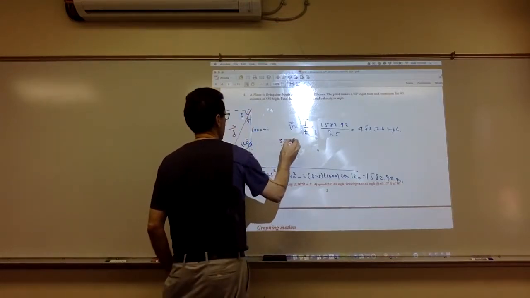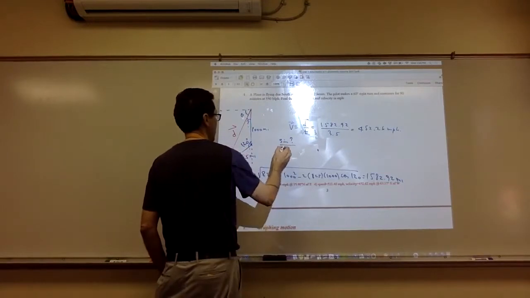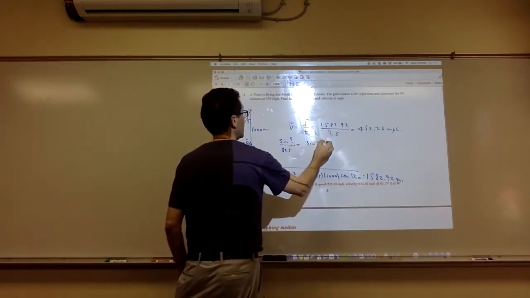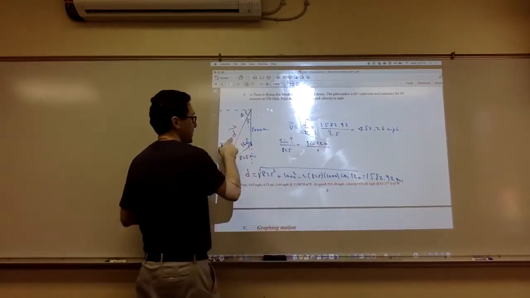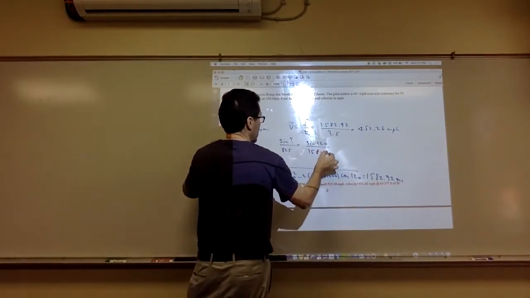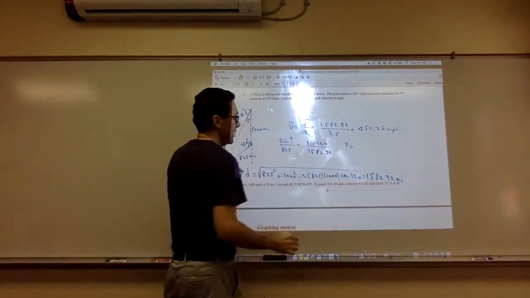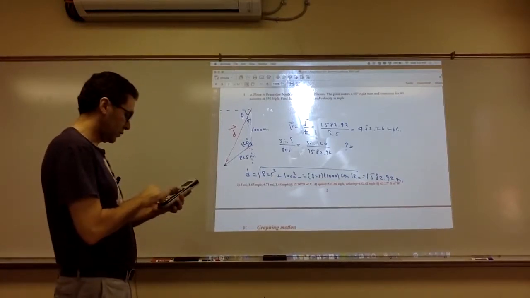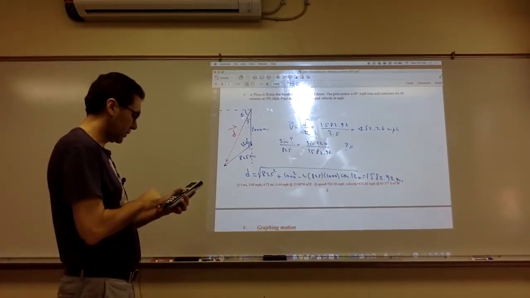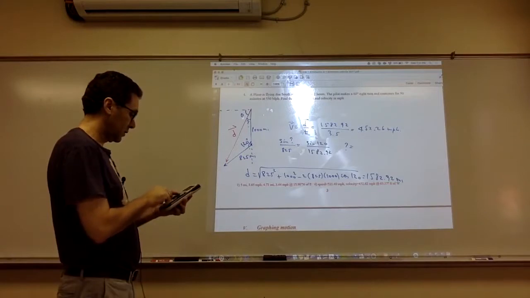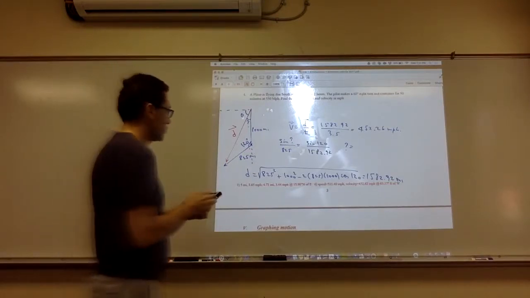So sine of this angle, question mark, over 825 is sine of 120 over this d here, which I found earlier to be 1582.92. So this question mark angle is, I'm going to do 825 sine of 120 divided by 1582.92. Take the inverse sine of that. So it's